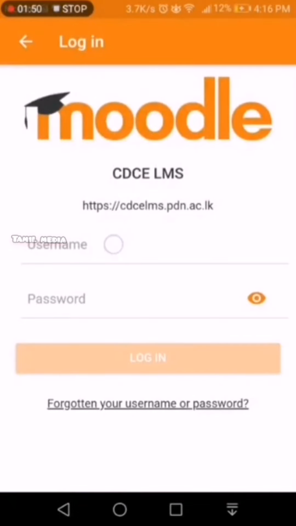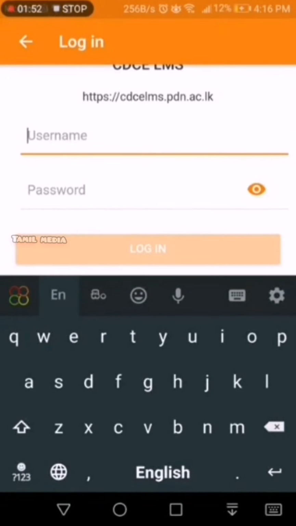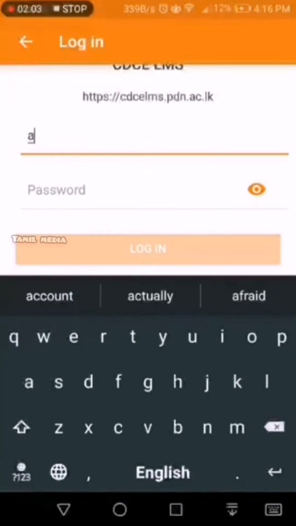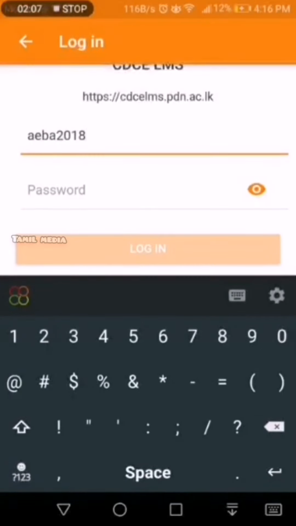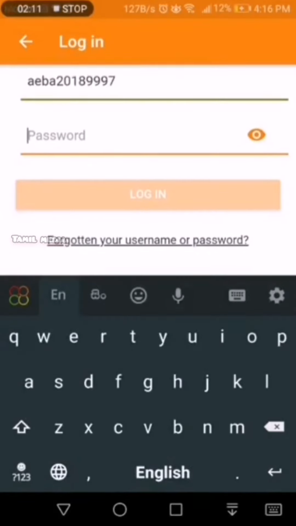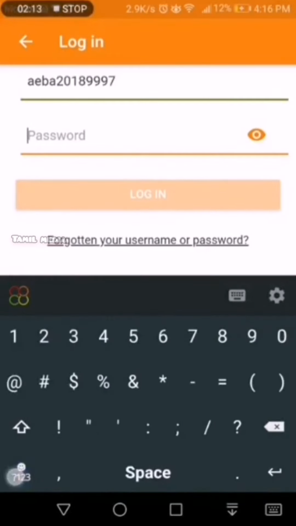Enter your username, that is your registration number converted into simple letters and removing slashes, AEPA 2018 9997, and your password is your NIC.